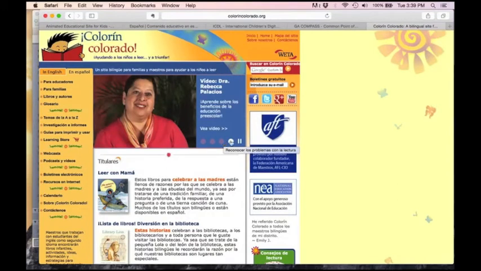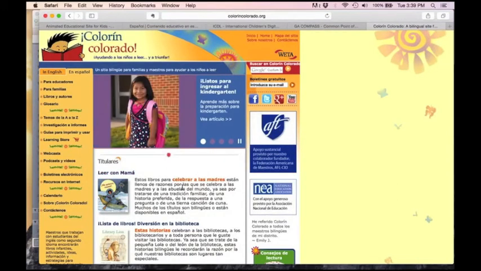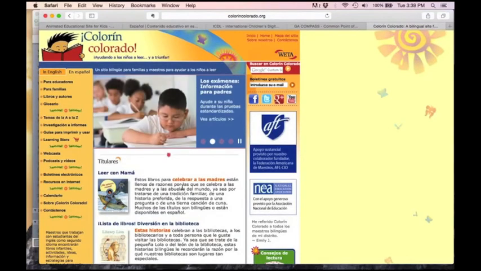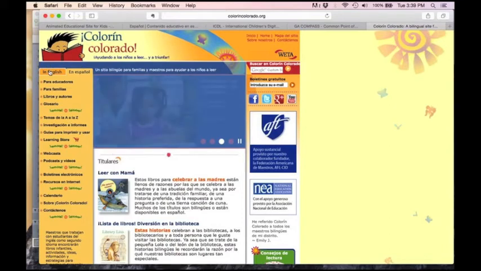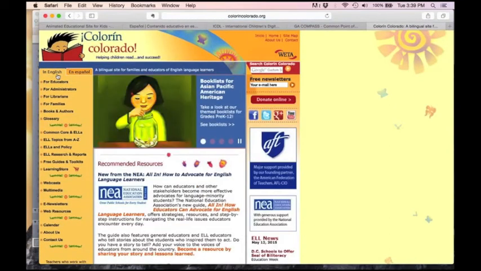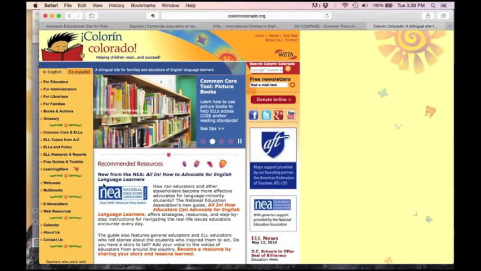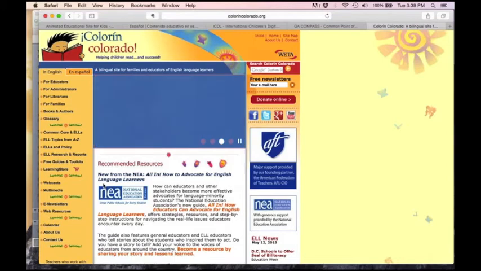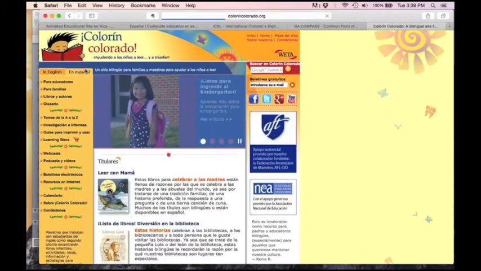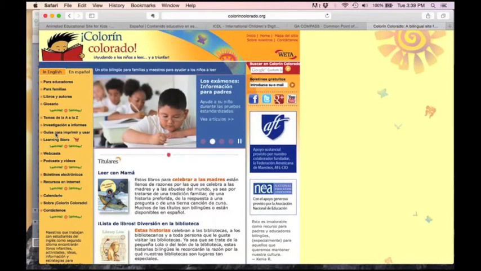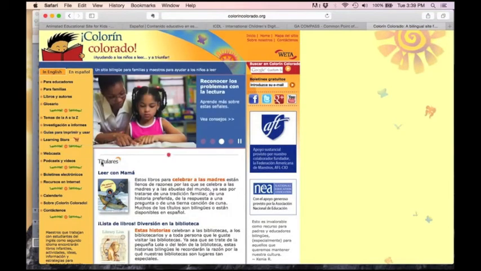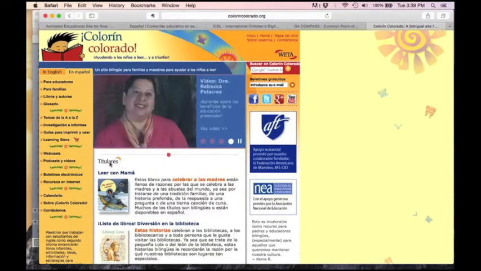It's very well geared towards Spanish readers or parents who are interested and who are not educators, whereas the English content is clearly targeted to educators, administrators, librarians, so you will see almost a different genre in the way things are presented and written, versus the Spanish side that will have some information for teachers, for bilingual teachers, but also a lot of printing guides, and I think some of the guides are in other languages, not just Spanish, but the content is mostly geared to bilingual Spanish-English resources, a lot of multimedia content.